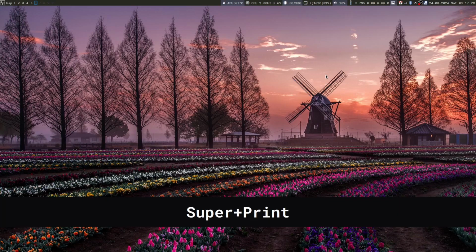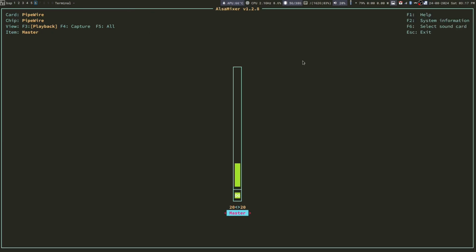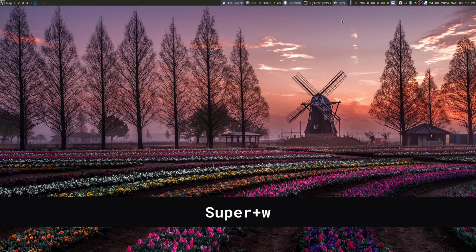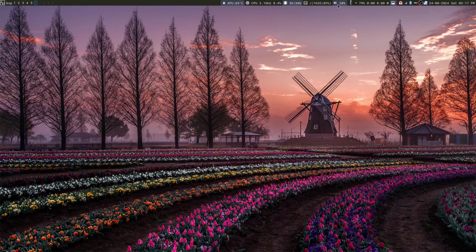If I click on the volume widget, this is going to open the ALSA mixer. We will take a look at it at some other point in time, but you can see the shortcuts which you can use in order to manipulate the volume. And if you click here, it will mute. So there are two places where you can click, either the icon or the number.